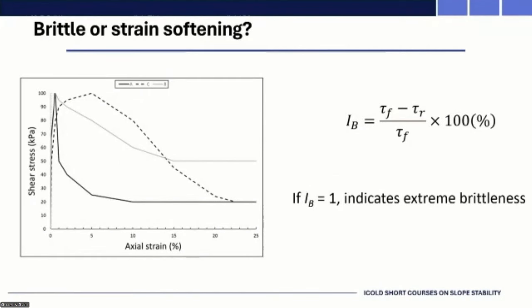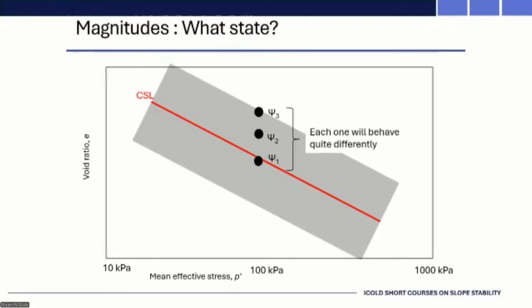And just to note that if that value is equal to 1, it means it's complete brittleness. That's complete failure. You've got no large strain strength. So it goes from 0 to 1. And the ICOLD bulletin has, I think in Appendix B, a diagram looking at degrees of brittleness, depending on this post-peak behavior. Okay, so that brings us back to the